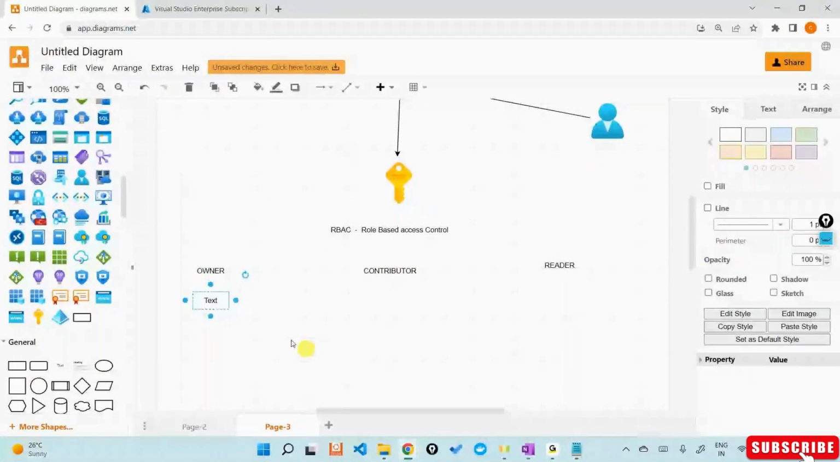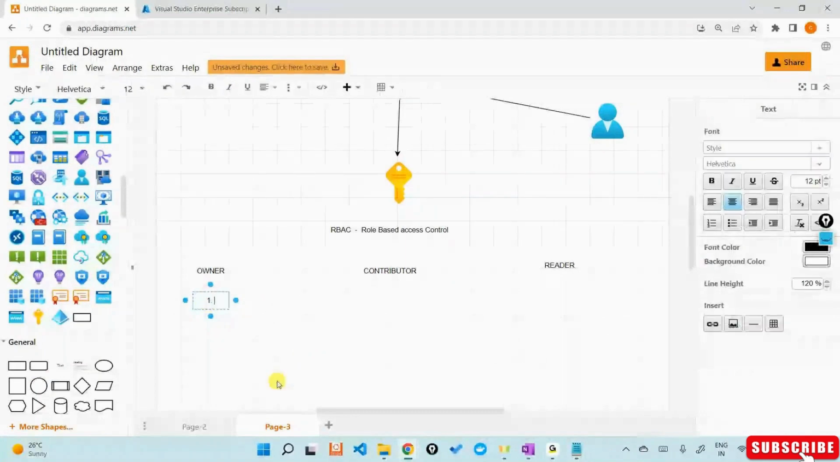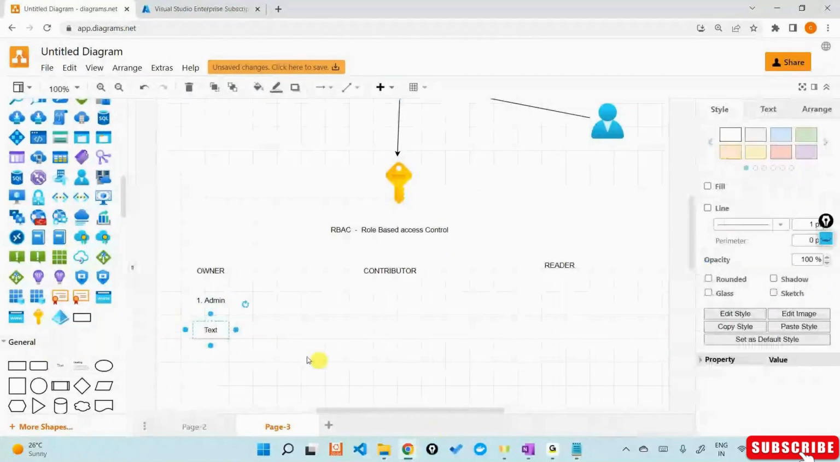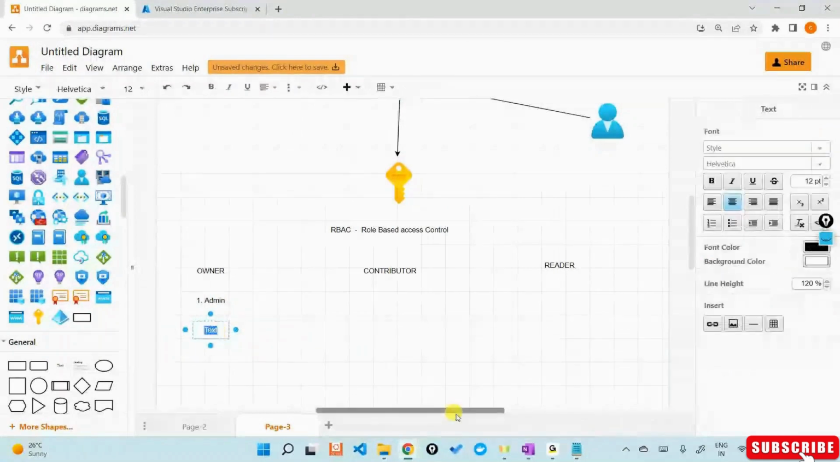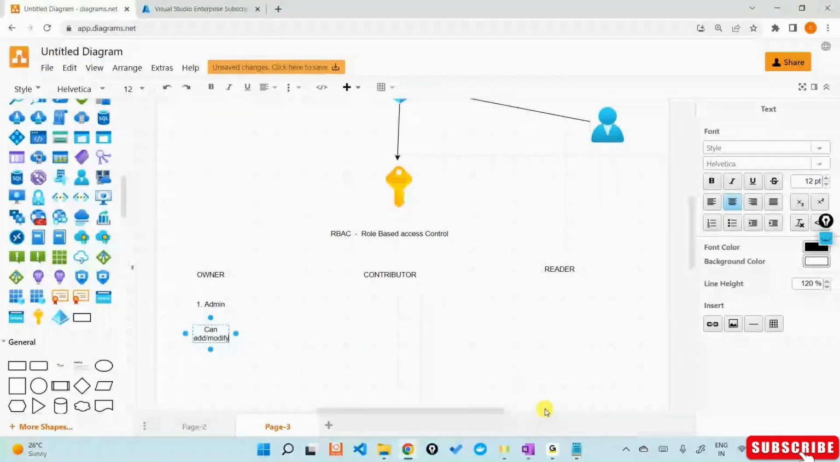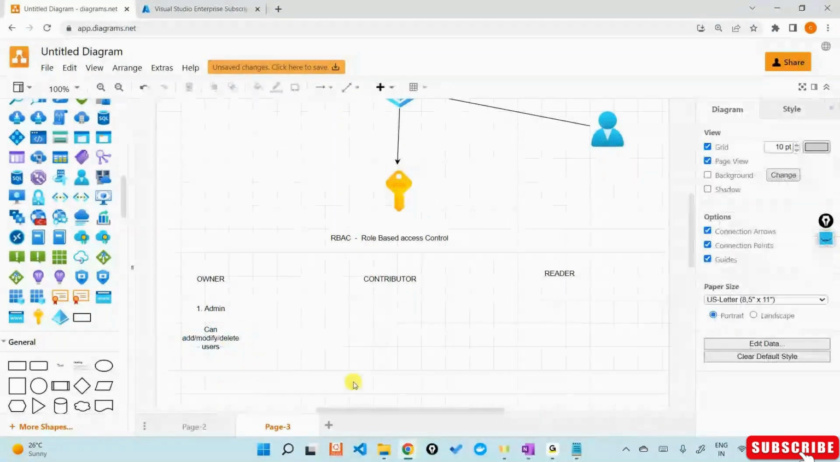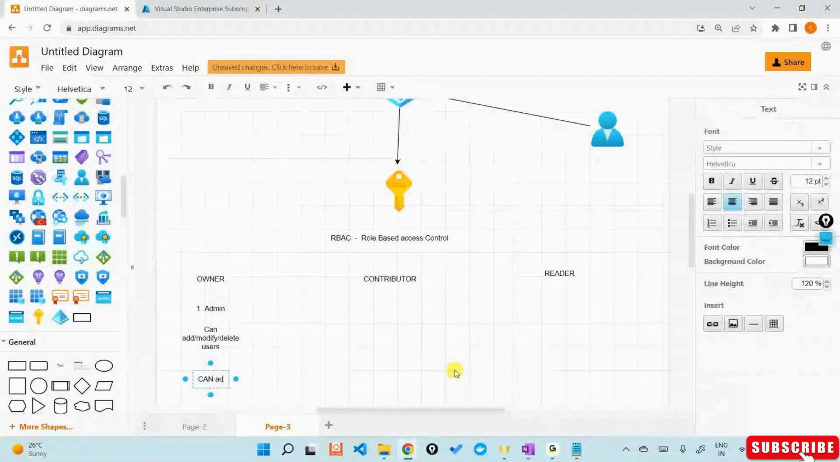The role of an owner is like an administrator, wherein the owner can, let's say, double click on this one, the owner can add, modify, and delete users. The owner can do this. He can add, like I did, I added a user, I can also delete a user, I can also, let's say, modify the permissions of a particular user. The owner can add, modify,